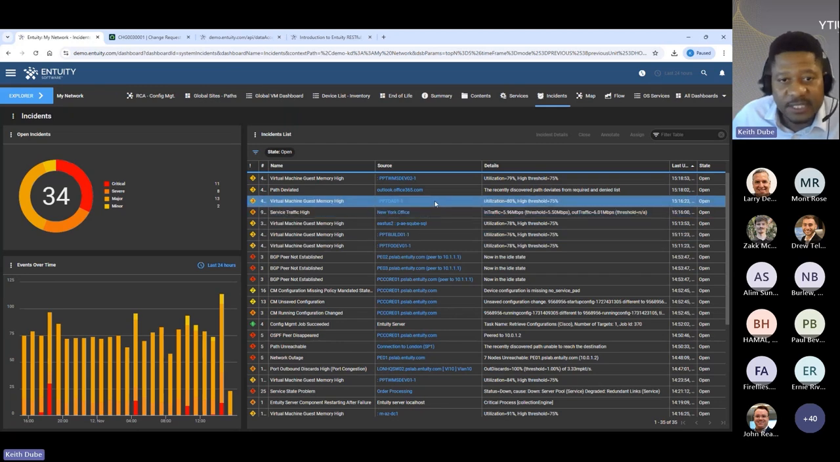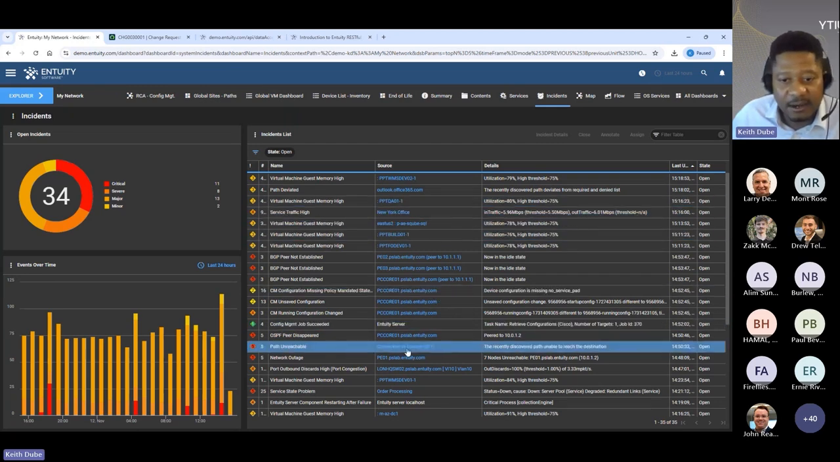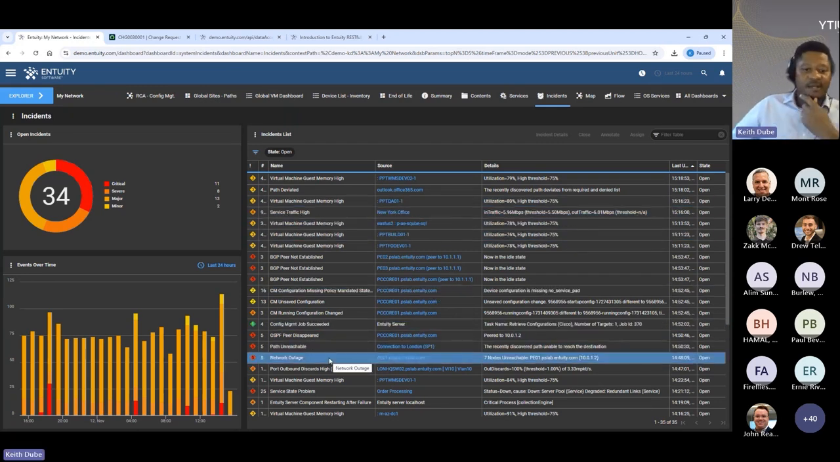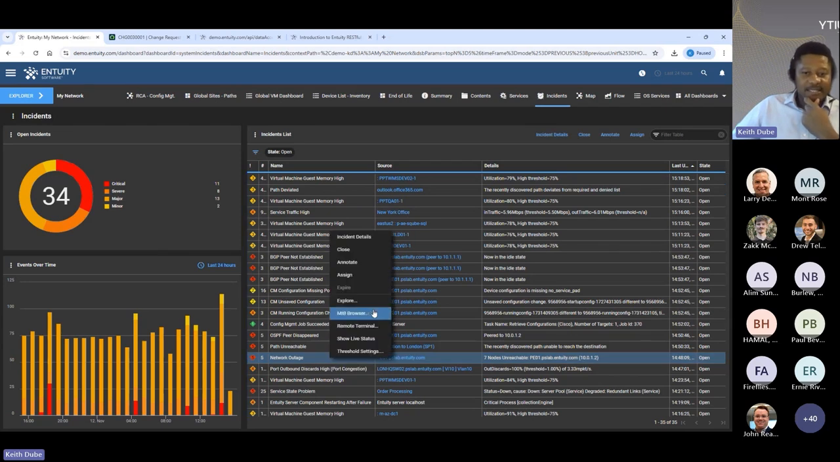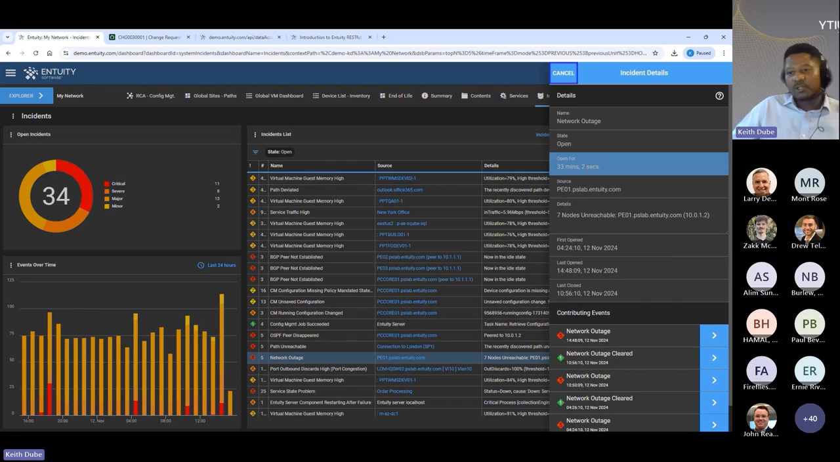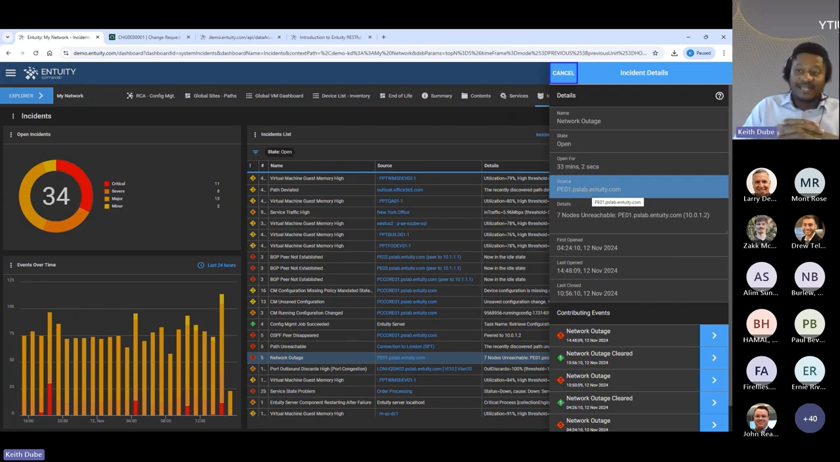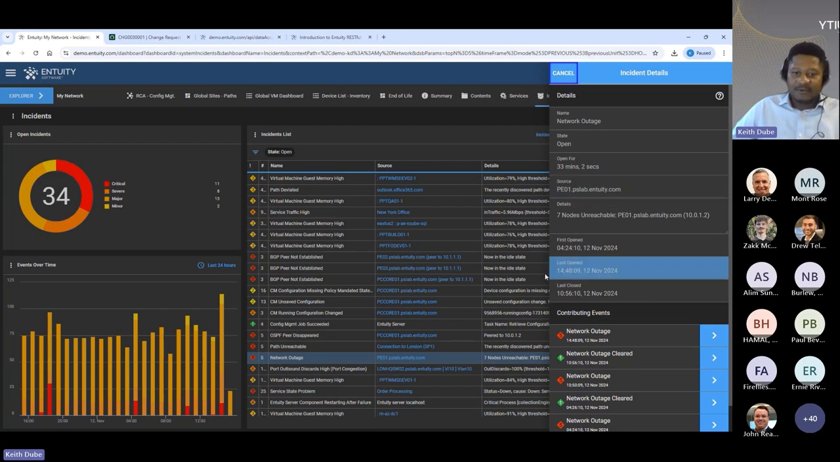One thing that's of interest when we look at incidents is if I go and look at the incident details, I talked about correlation of events into incidents. To reduce noise, what Entuity does is it will correlate all the events pertaining to a problem into a single incident. For example, that network outage on that particular device